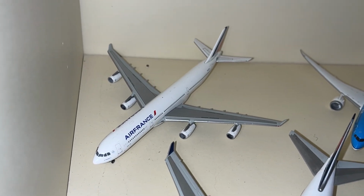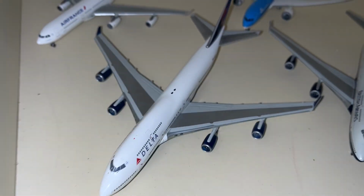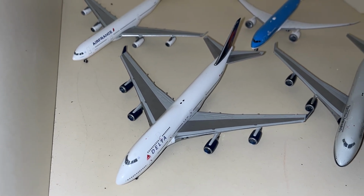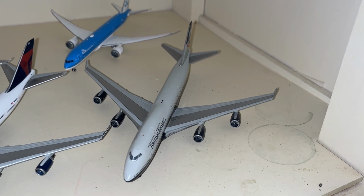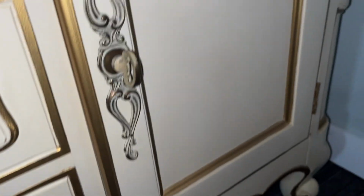Air France A340-300 GeminiJets. KLM 789 first release GeminiJets. Delta 744 2014, 2013-ish release by GeminiJets. And British Airways Landor 747-400 2013 release by GeminiJets. And that is the entire collection, at least on this shelf, because I do have a couple cool things I